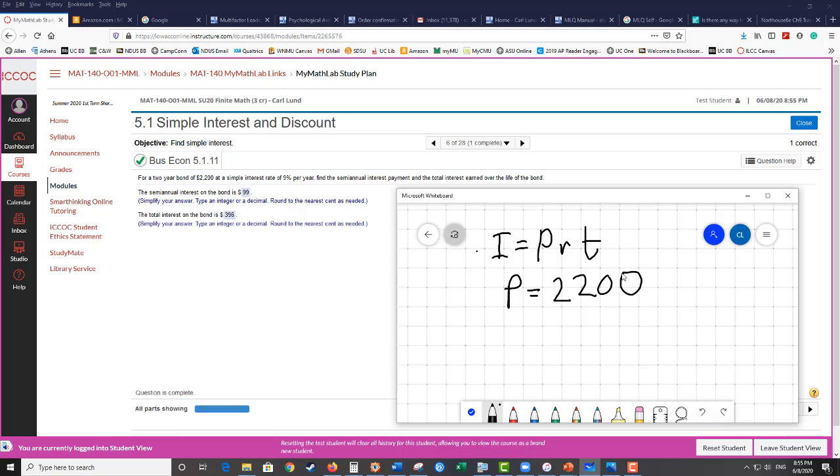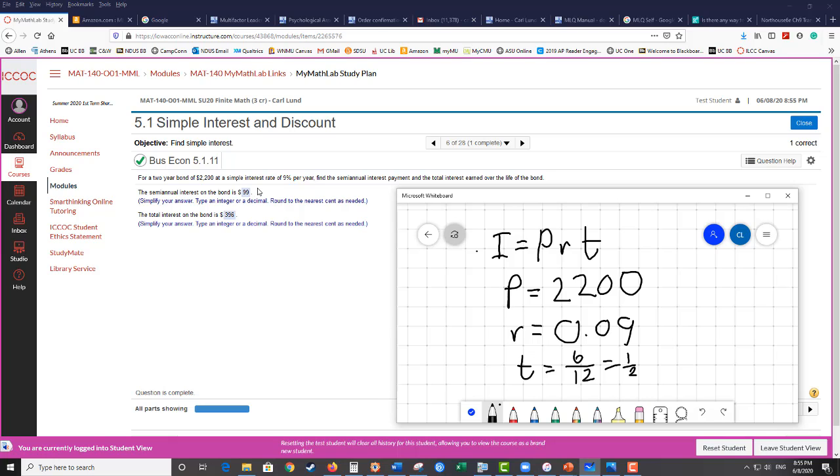It's $2,200. Our interest rate, R, is 0.09, and our time, T, is 6 months, half a year, 6 out of 12, or 1/2. And so when I multiply 2,200 times 0.09 times 0.5, I get